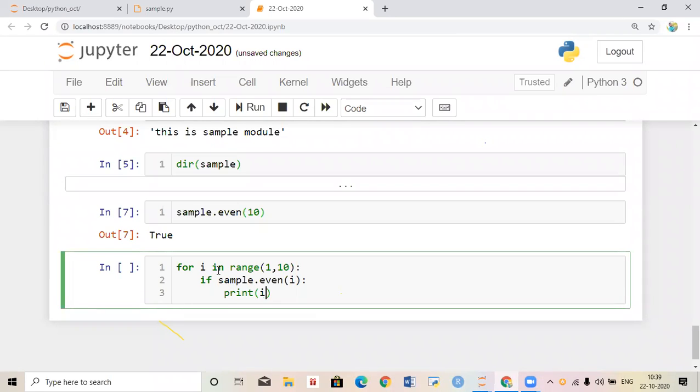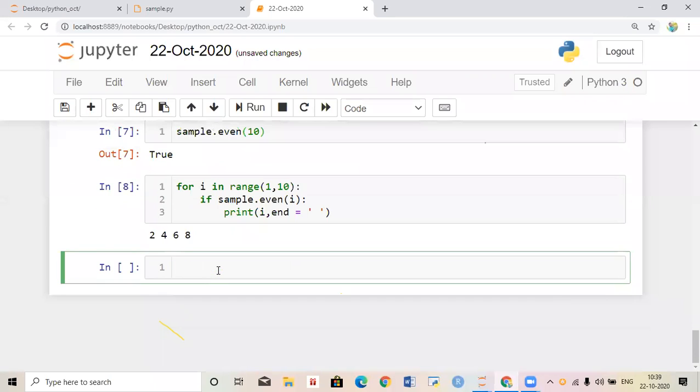Print(i, end=' '). Just on this one, it will print 2 4 6 8, which are the even numbers available between 1 to 10.